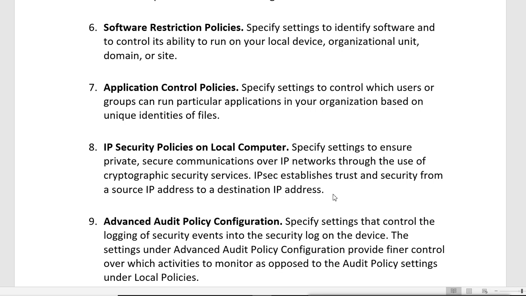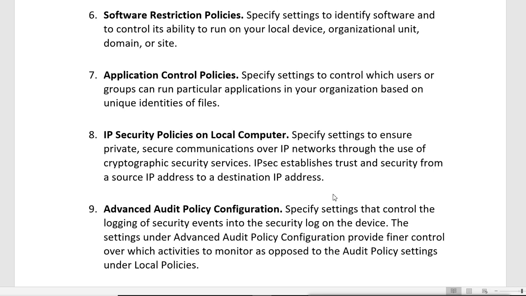When you send some data to some machine, then the data goes through the network cables and it might not be secured. Some protocols do not use security by default. It is not secure. So for those kinds of network traffic, we can use IPsec to secure those connections by doing the cryptographic security service, that is encrypting from one machine to the other machine, from the source to destination. And we can do that by creating the policy here in this IP security policies on local computer.